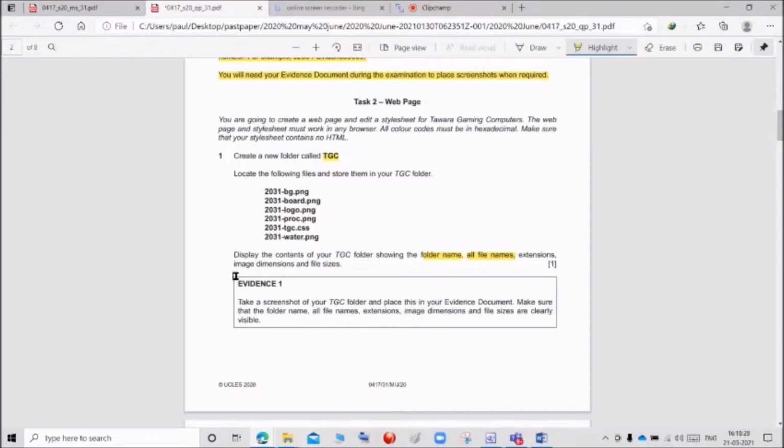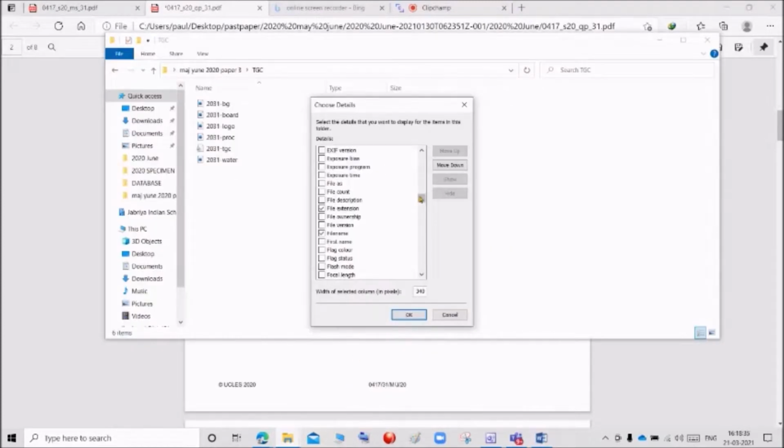And after that, image dimensions, select image, or you can go for the dimensions.